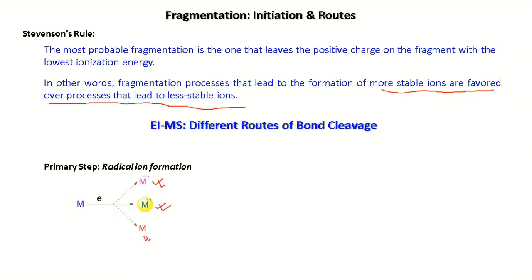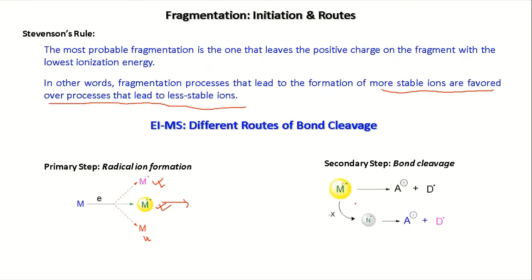The molecule may also not undergo the process. But what our interest is, we are allowing only one type of ion, that is the cation. So we are interested in the cation now. After generation of the cation, if it is quite stable, it will reach the detector. If the molecular ion is not stable, it will undergo a decay process, and that process is of particularly two types.